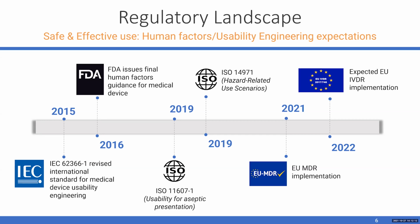Then we have the MDR, which went live this year, and while they're still working on harmonizations, that's all being worked out, but still the 62366 is the state of the art, the international standard that people are largely referring back to, to demonstrate that. But even within the EU MDR, within the annexes, you have the GSPRs, and within those there are